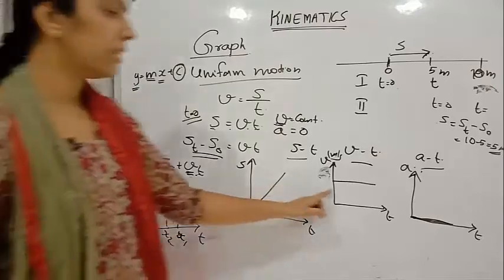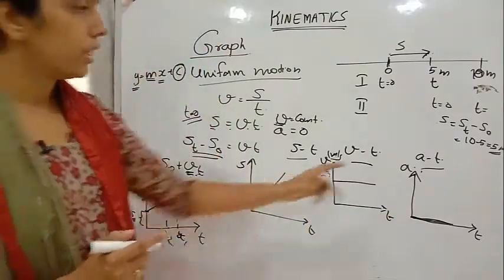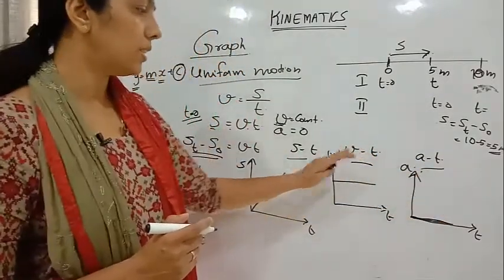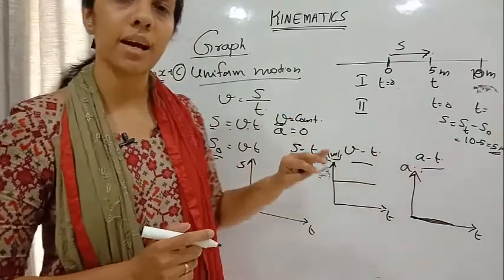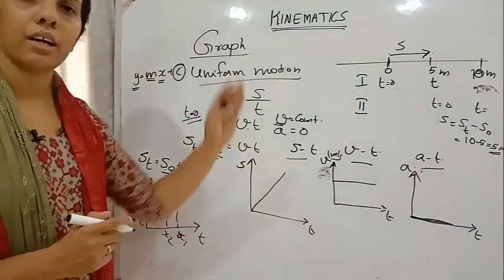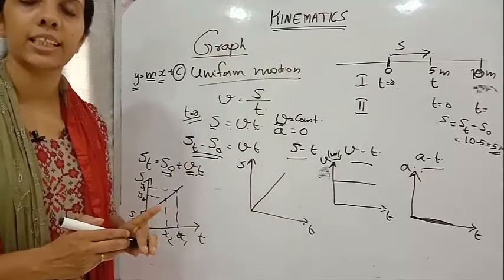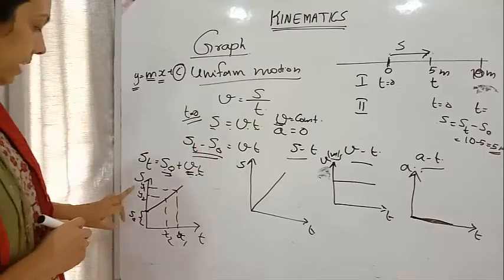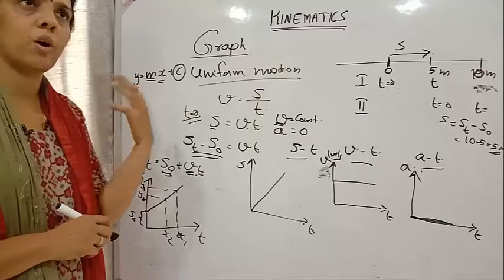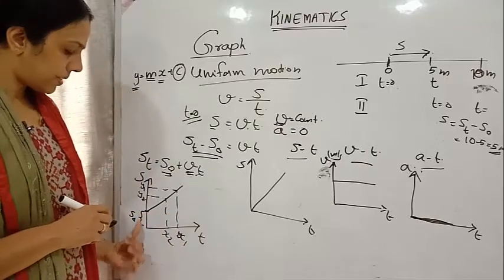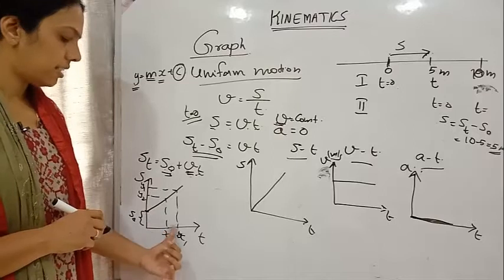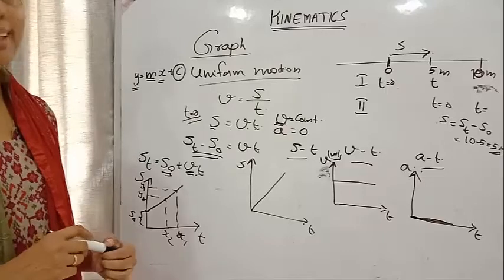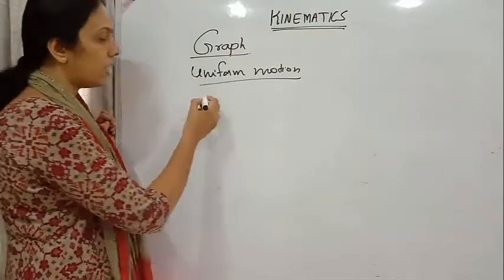Clear? These four graphs. Here we consider the acceleration time graph, which is on the time axis itself, the velocity time graph which will be parallel to the time axis, and the displacement time graph which will be a straight line with an inclination. The slope of the graph will be equal to the velocity. If the object is not at the origin, then it will be represented at the y-intercept over here, and the slope of the graph will give you velocity. Clear?